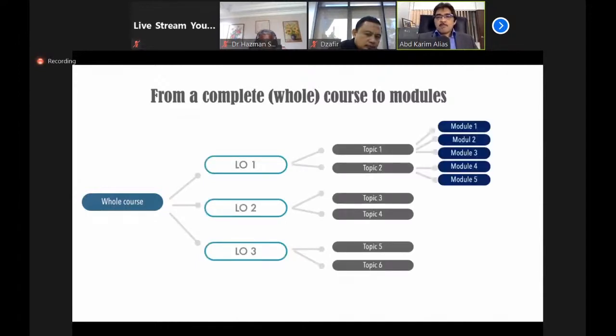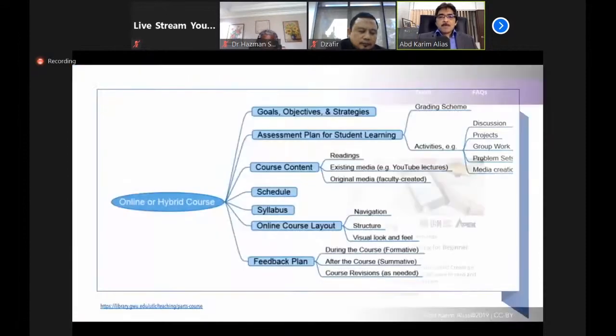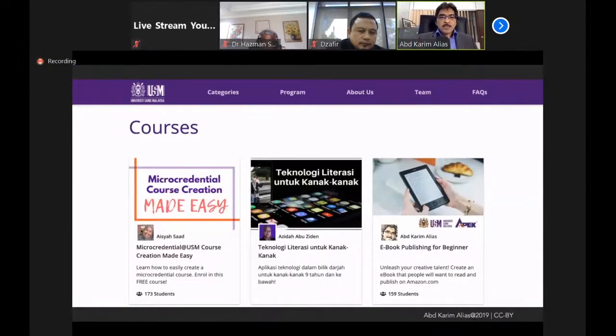So if I zoom into the course level, let's say a course with 3 learning outcomes and 6 topics, I can now modularize the topics into several modules. And for one course, it will end up with X number of modules. There will be no fixed number. It depends on how we break the course up into modules. But all the time, we must ensure the mapping, like the student learning time, everything must be done properly. So in the module, we will have all the content in the form of video, the assessment, and maybe the learning activities as well.